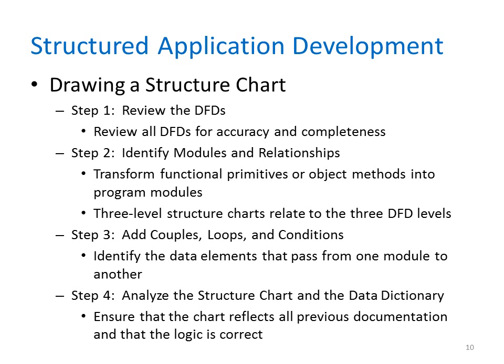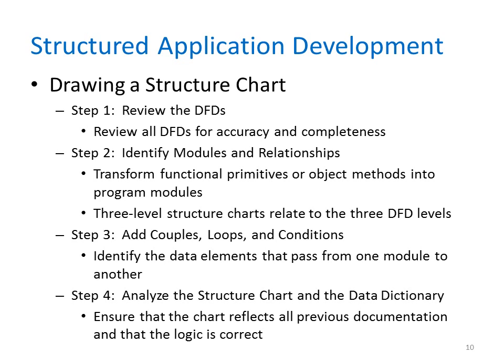Typically, you follow 4 steps when you create a structure chart. You review DFDs to identify the processes and methods, identify the program modules and determine control subordinate relationships, add symbols for couples and loops, and analyze the structure chart to ensure that it's consistent with your system documentation. Your first step is to review all DFDs for accuracy and completeness, especially if changes have occurred since the system's